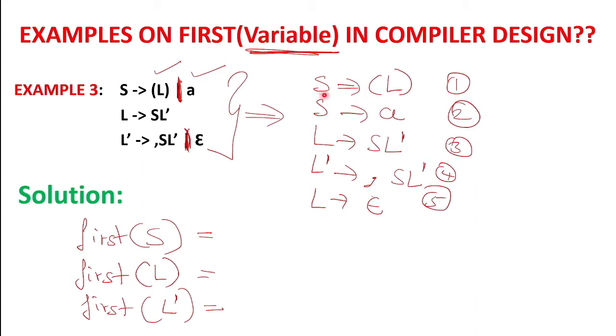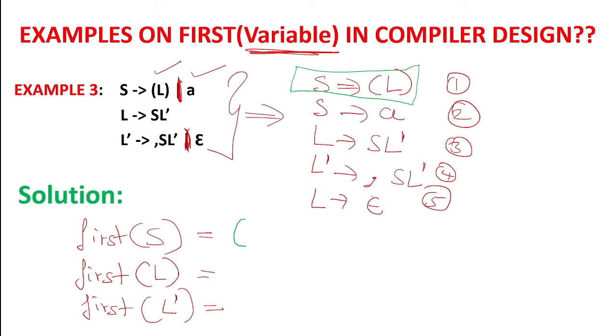Now we are checking the S production, and on the right hand side of that S production there is an opening parenthesis. This opening parenthesis is considered a terminal. I already told in the previous videos that anything other than capital or uppercase letters is considered a terminal. So this opening parenthesis is not a variable; it is a special symbol. Special symbols and small case letters are all considered terminals. So first of S will be this opening bracket, and I am writing this opening bracket. Now our first production is over. We already got the first of S from the first production.